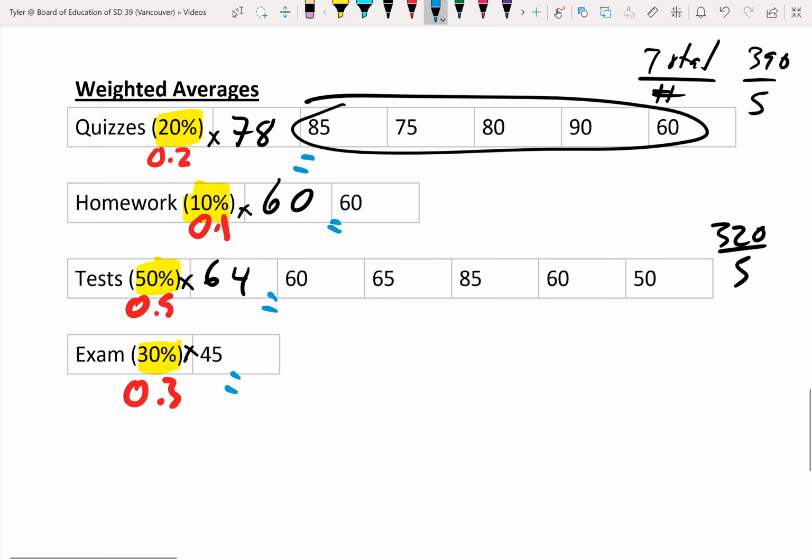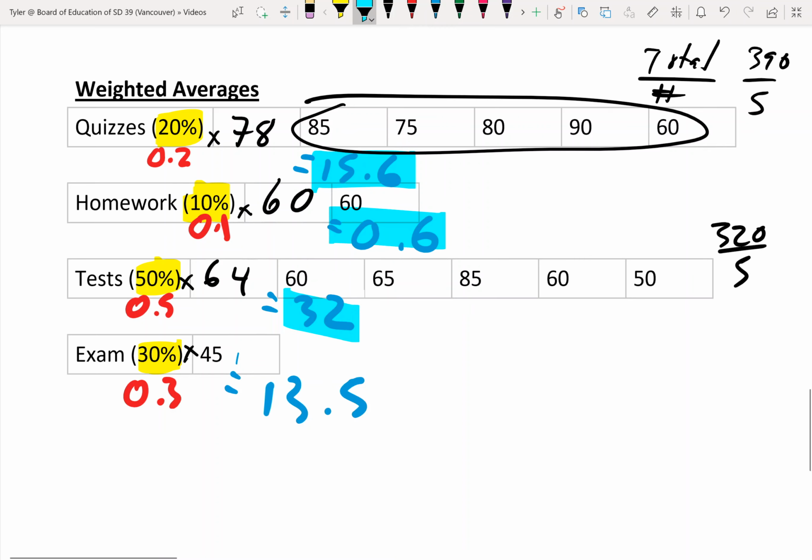let's write these out. So 0.2 times 78 gives me 15.6. 0.1 times 60 gives me 0.6. 64 times 0.5 gives me 32. And then 45 times 0.3 gives me 13.5. So now what I'm going to do is add all of these weighted averages